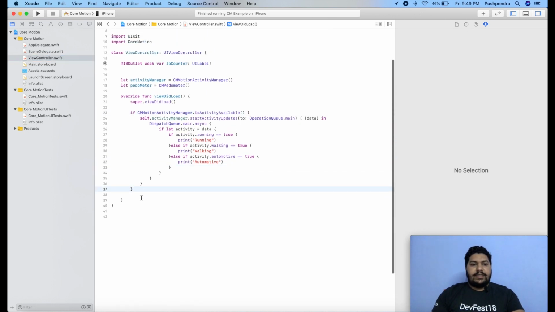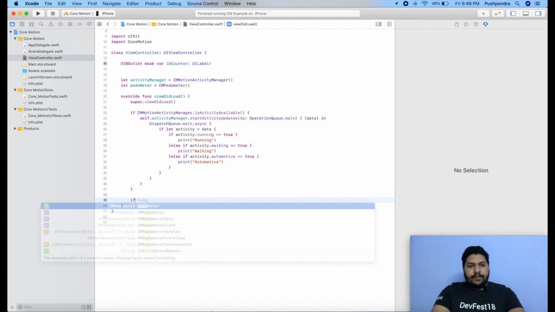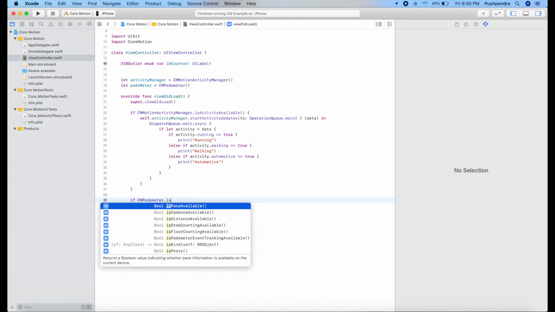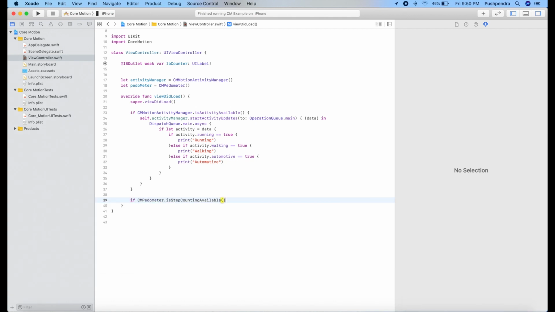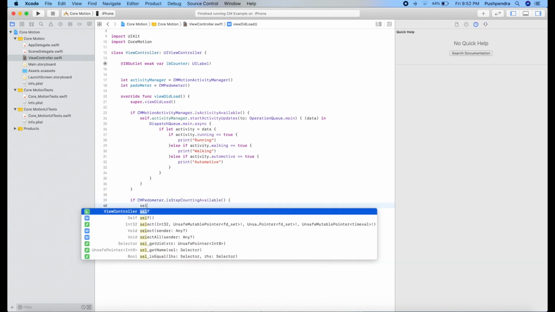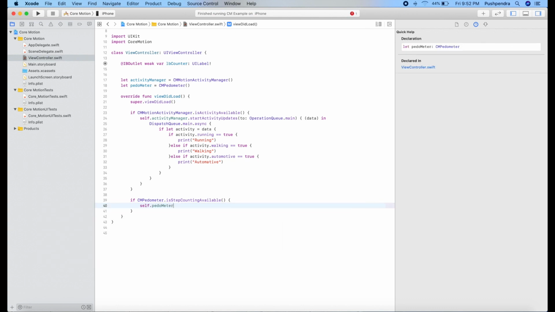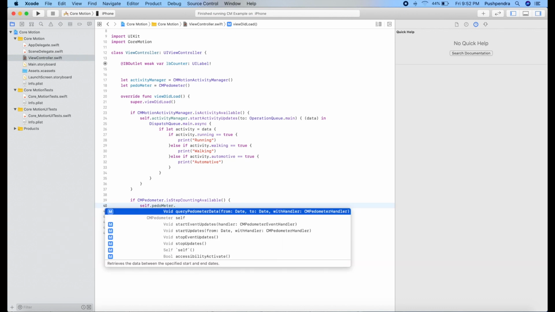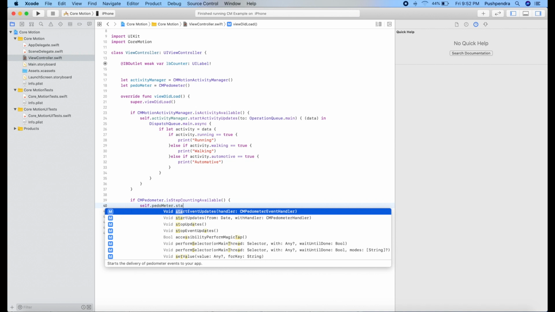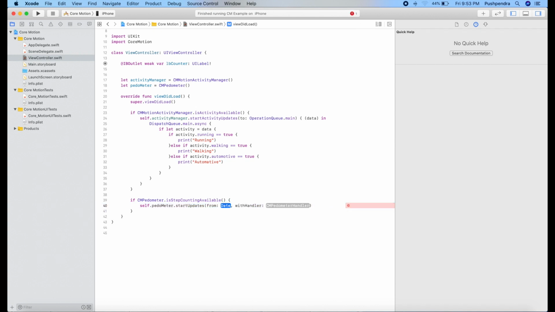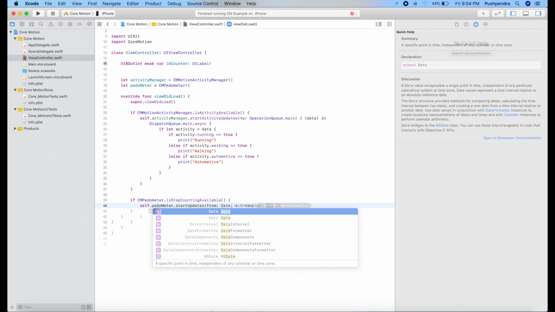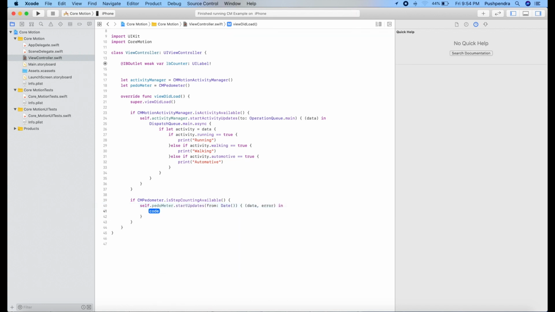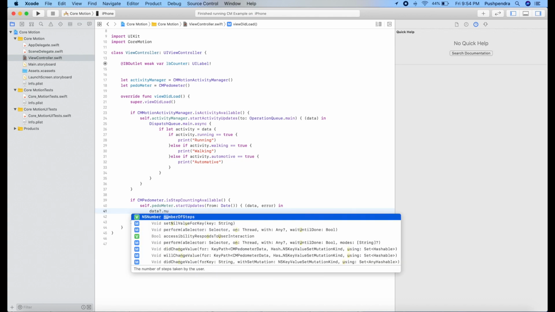and the counting of the steps will be given by the if pedometer dot is step counter available. So after validating that, we will start counting self dot pedometer dot, and we will try with start update data error, and now we will find data dot number of steps.